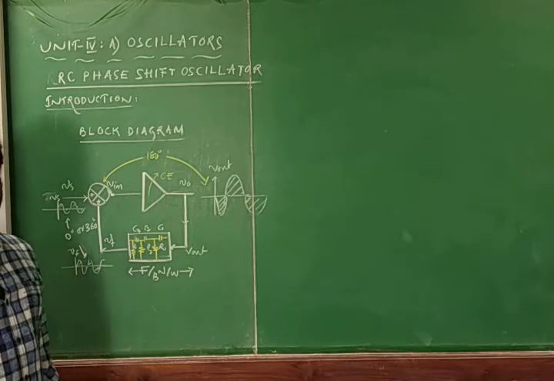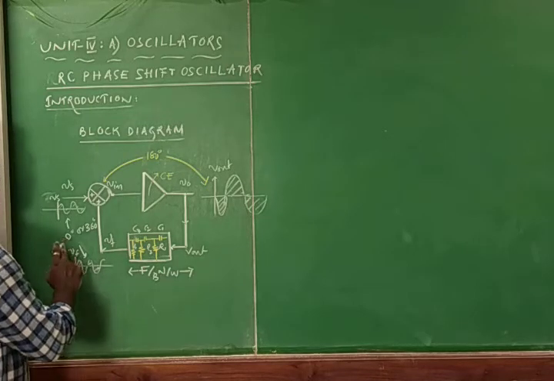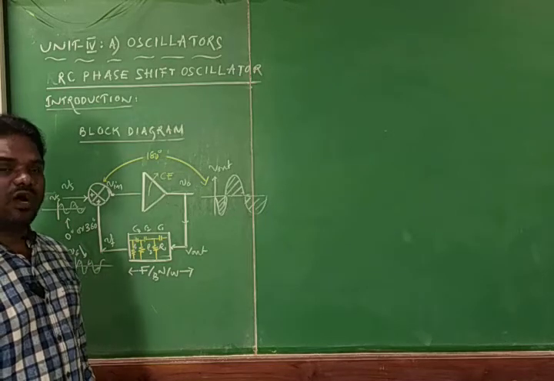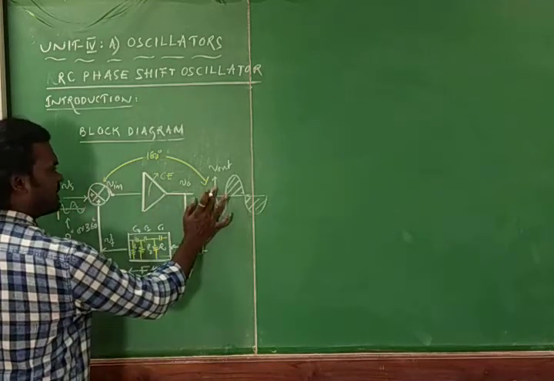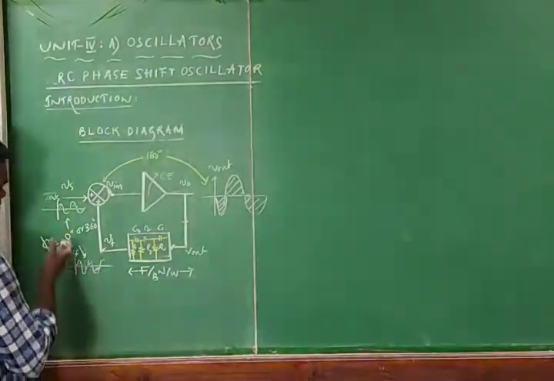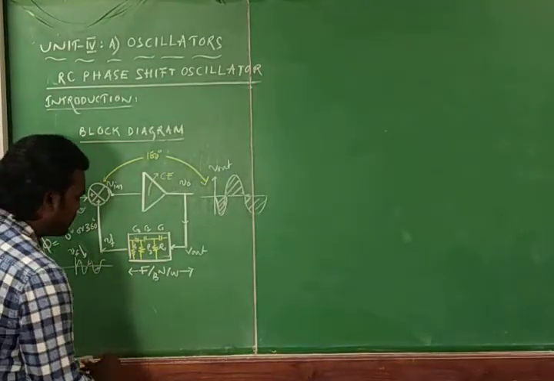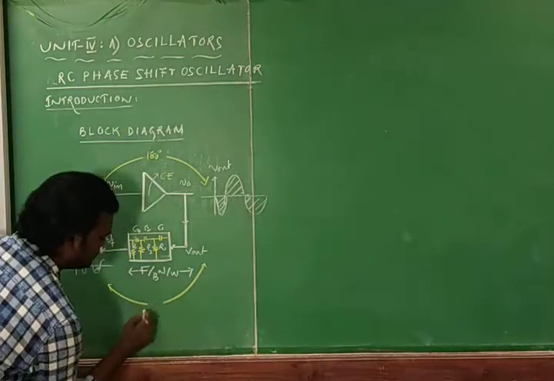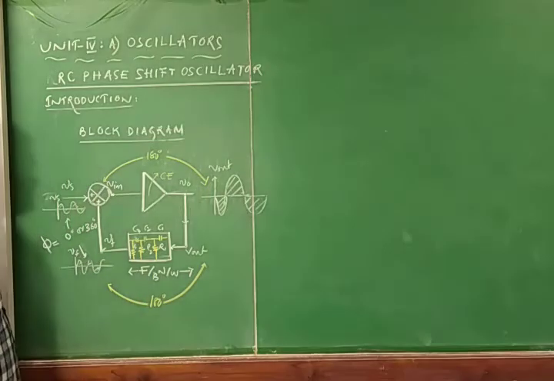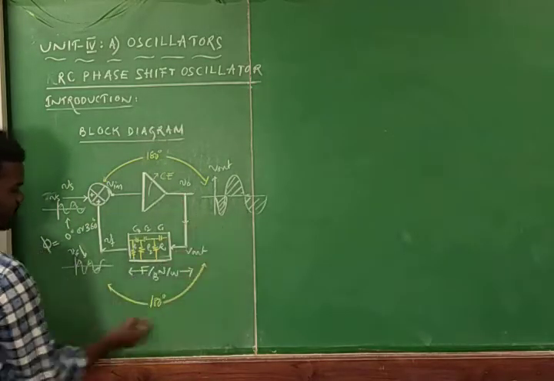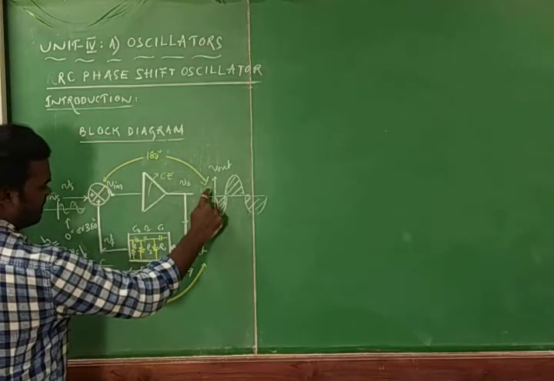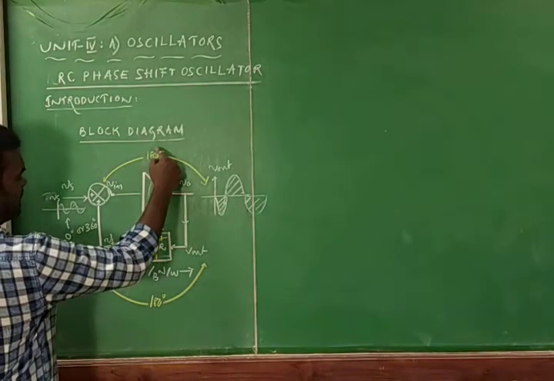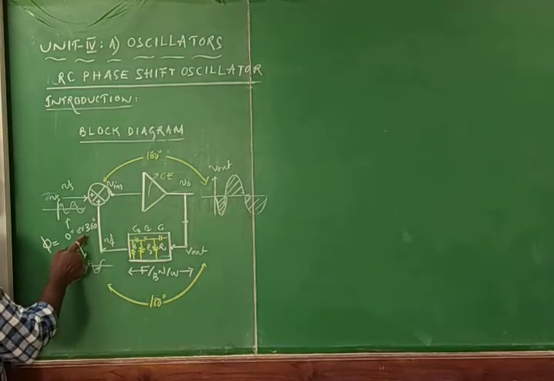The condition to have sustained oscillation is that the phase difference must be either 0 or 360 degrees. Here the amplifier section is providing 180 degrees and it requires 0 or 360, so the feedback network has to provide one more 180 degree phase shift. The amplifier section is providing the 180 degree phase shift, and the feedback network is also providing one more 180 phase shift, so 180 plus 180 equals 360 degrees.